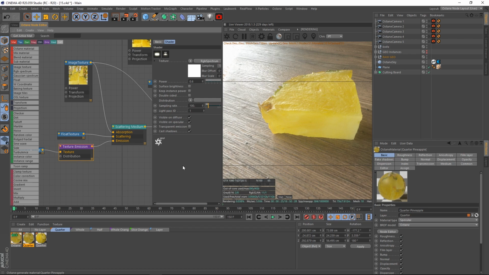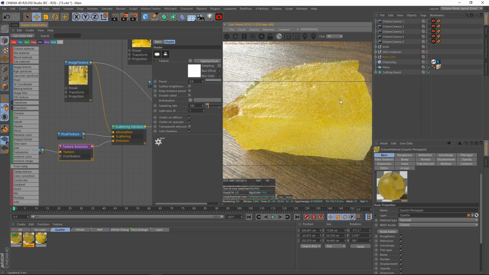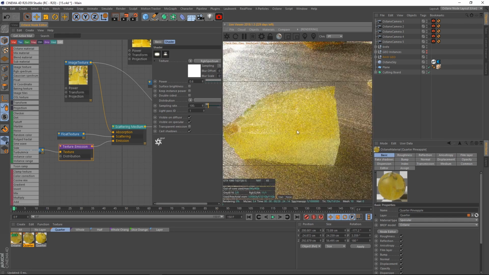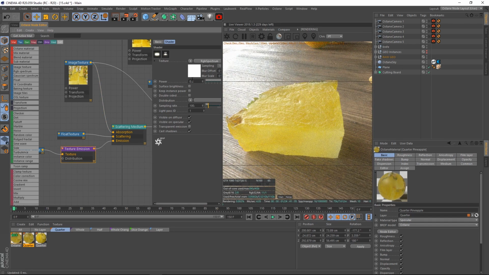It didn't look like enough light was scattering through it and coming out the other side. That's just an intense calculation, to have more light go into it and scatter back out. You usually can compensate for that by putting more harsh lights on it. But there's so much work involved with intensifying the lights, because then it affects your scene, and you have to dial the lights back over here, but put more lights in the part that you can't see so it can bounce more light through and out of the fruit to make the fruit look more lifelike and brighter. What I simply did is take a texture emission node, threw this on here,